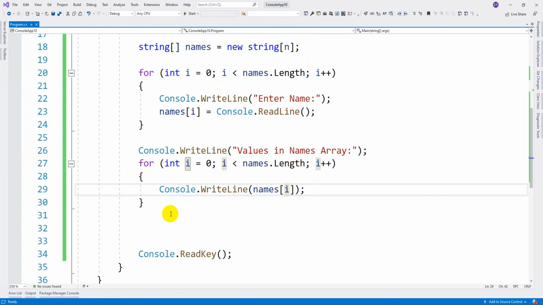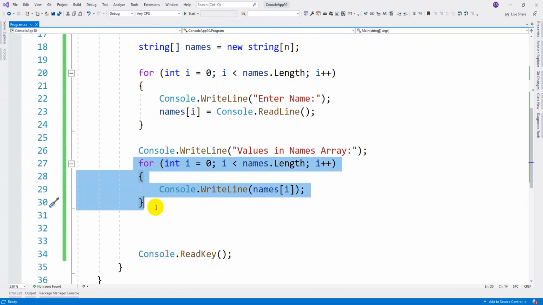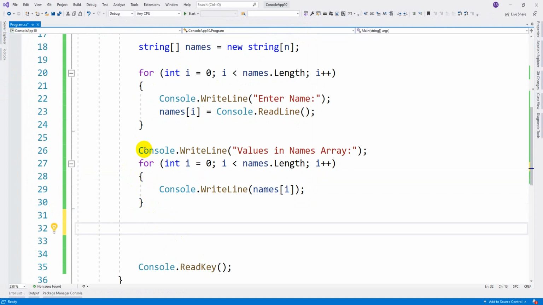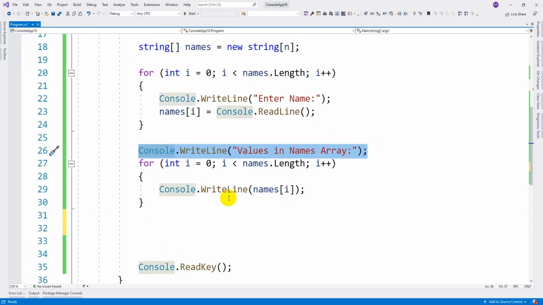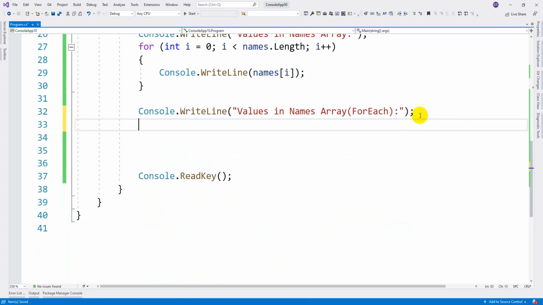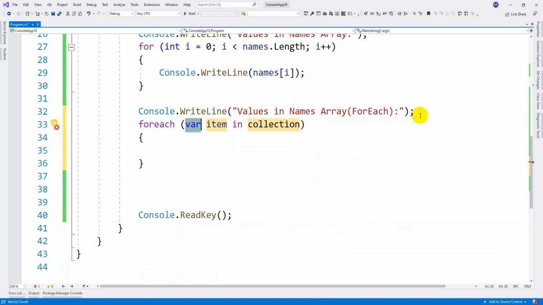So there is another way. Instead of getting the values through this for loop, you can also use a for each loop. So that's the reason I am trying to print the statement by using for each loop. So for each, you will take whatever the respective format of the collection.